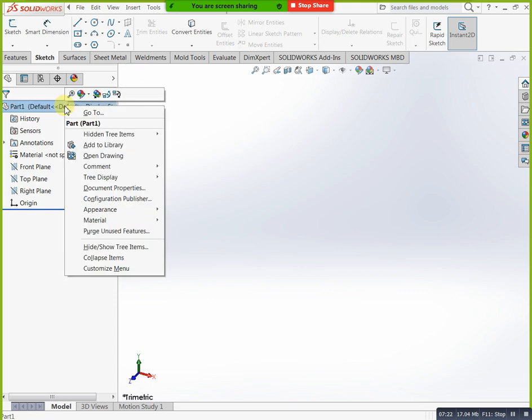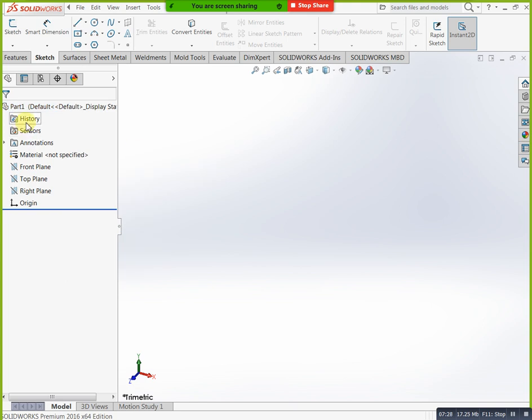Next, here we have history, previous data and sensors, but we don't need these. Next, annotations. Where can we apply annotations? Annotation is nothing but dimensions and tolerance. All this we consider as annotation. Annotation is just for representation purposes. As a manufacturer I need to understand, and I can understand by using parameters and detailing. That's why you need to mention your annotations in the drafting sheet, not here. In part modeling we don't need annotations, but when you go to drafting or drawing, in that condition we need annotations.